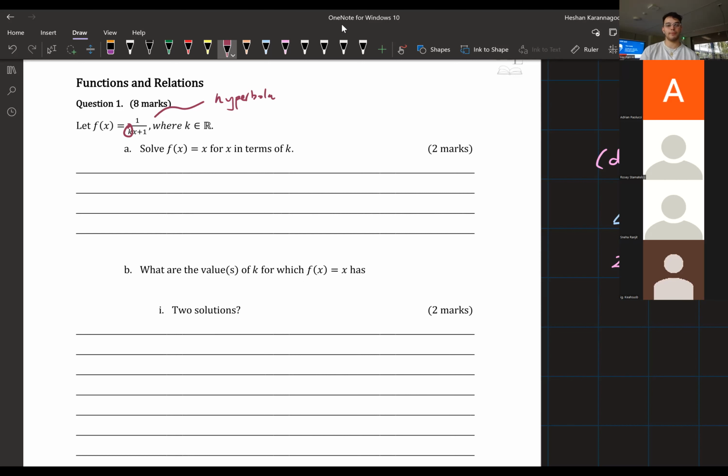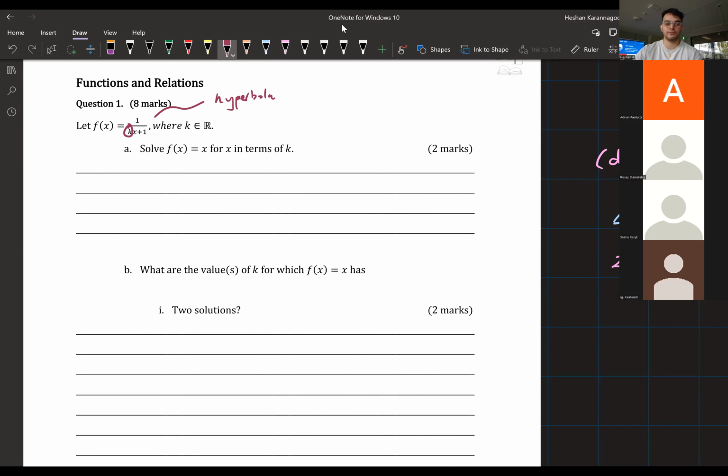Whether it's a large number, a small number, or a negative number, that would change the graph in one way or another. That's all we have to know about this question. Just think of it as a constant for now. Whenever you have an equation with a parameter or a variable like k, we treat it the same as if it was a number. Obviously it's not, but treat it the same way. It can cause a lot of confusion, but yeah.